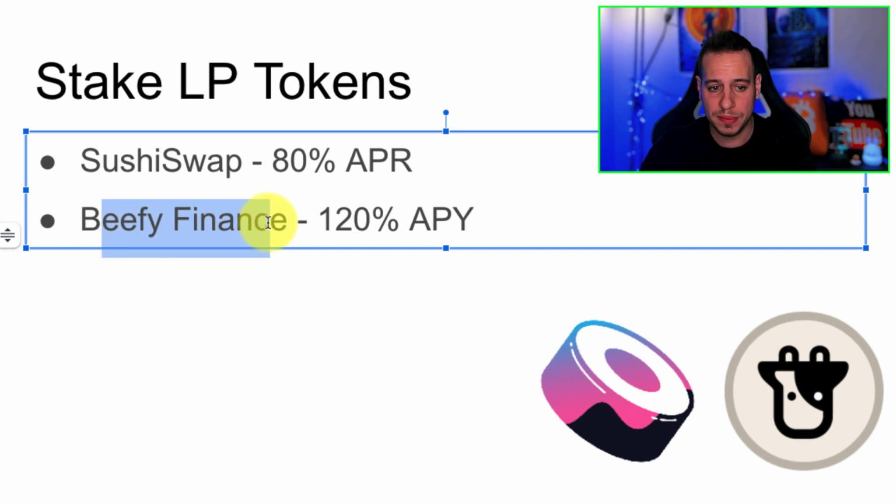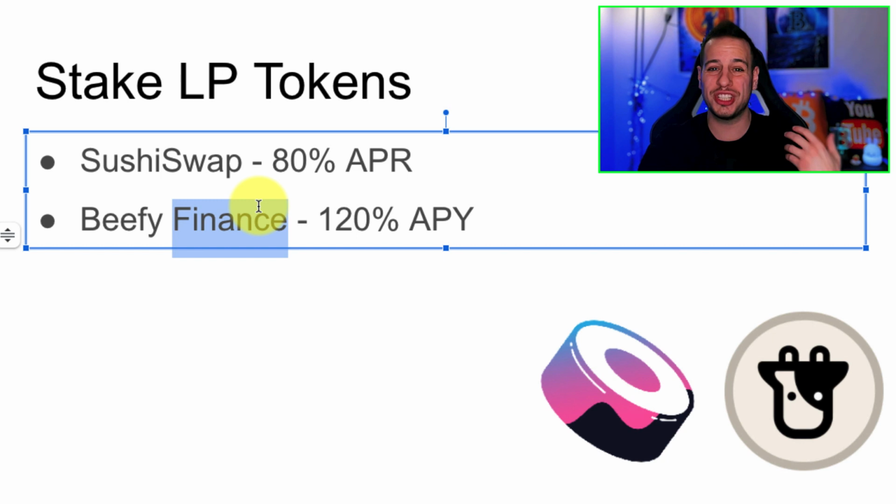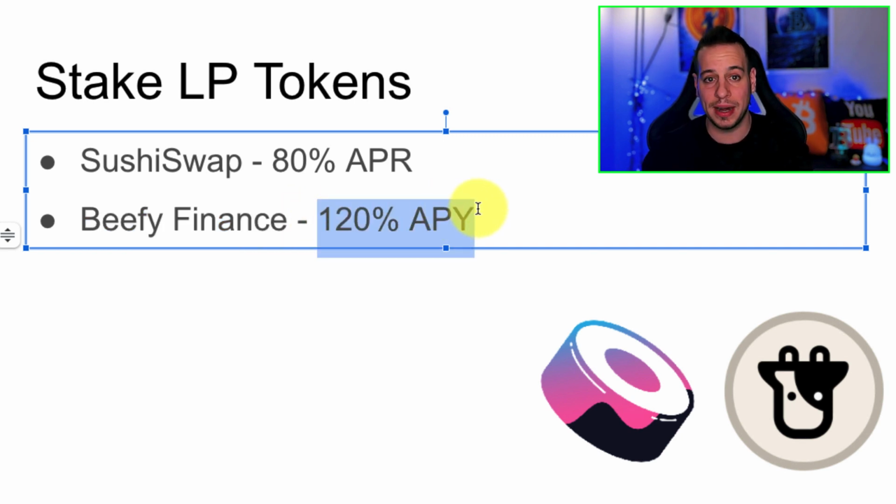But again, if you use Beefy Finance, you add another smart contract risk to the strategy, which, in my opinion, I'm not a financial advisor, and I'm not taking any responsibility if something happens here, is not that high of a risk. So I'm basically going to choose Beefy Finance and stake my liquidity pool tokens there, to enjoy